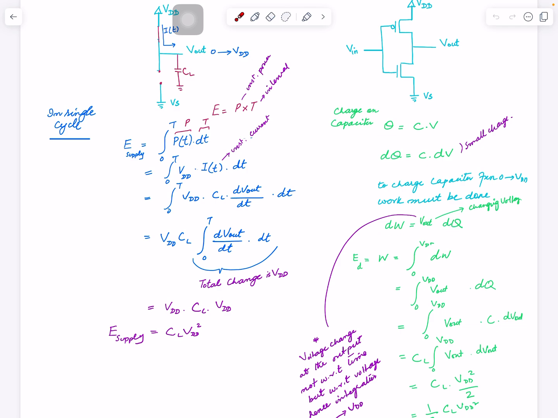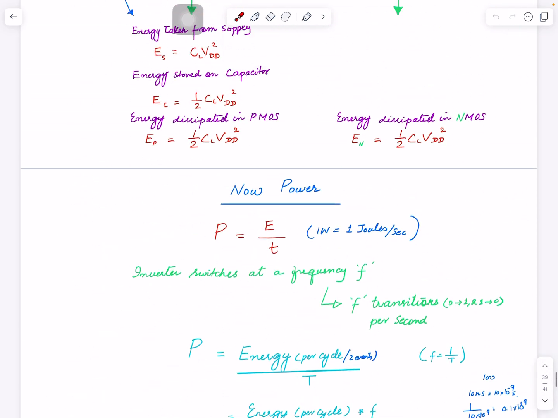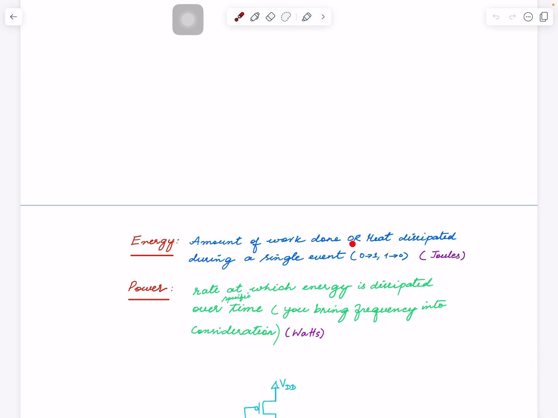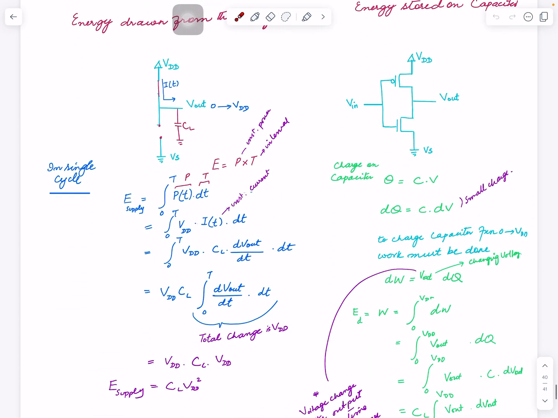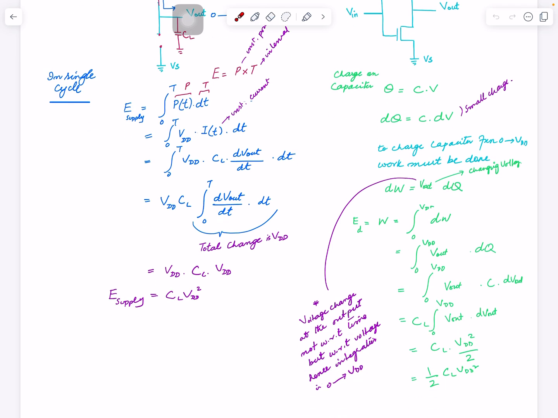Now the energy is the actual amount of work done. If you remember the formula I put here, the amount of work done during a single event, the formula for that is voltage into charge. So if you think about small work done, and the voltage changes from 0 to VDD, the important thing here is that on this side your variable is voltage, and on this side your variable was time. Understand? So here, if you look at W, the actual small work integrated from 0 to VDD,